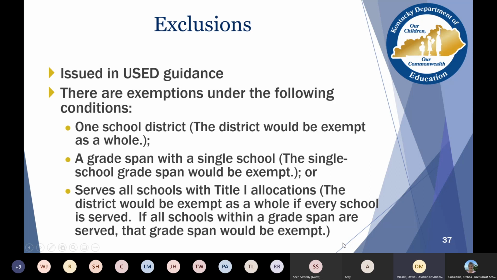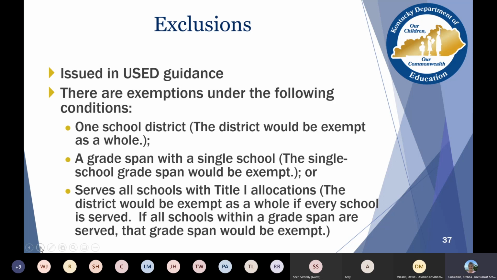Now, I will say that supplement, not supplant, applies to other federal programs, although it applies differently. So these exclusions and rules that we're presenting today apply only to Title I Part A. Yeah, okay. They do not cross to other programs. Okay. Glad that you clarified that because that's very helpful. So these are just for Title I Part A.